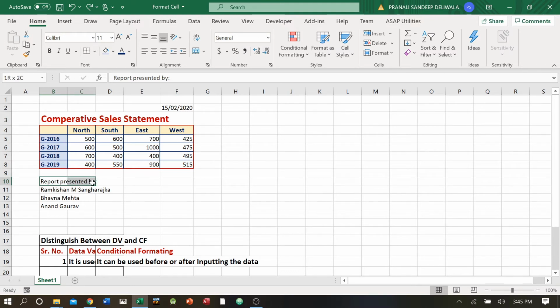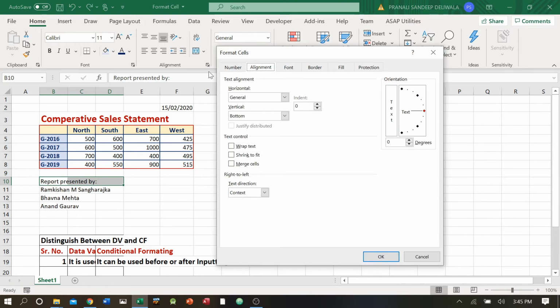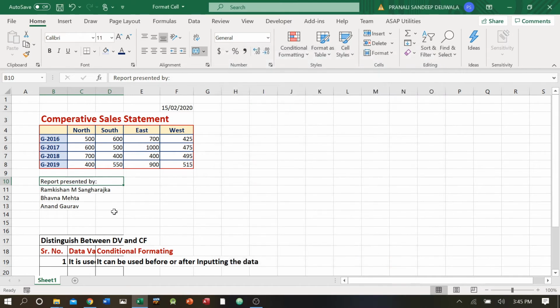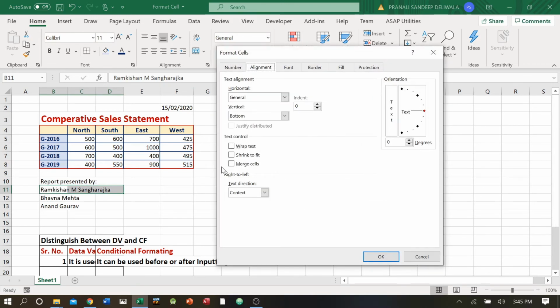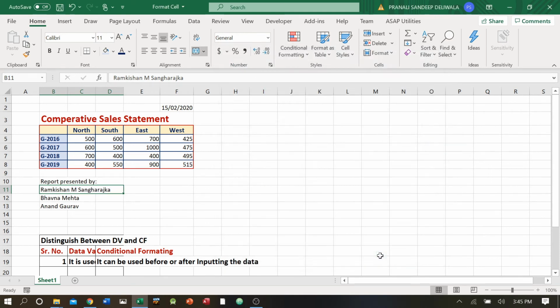I'll select all these three cells because I understand the total area covered is these cells. So I'll select the three cells, go inside, and I'll say, sorry, merge cells. I'll click merge cells, and I say okay. You can see this is now one single cell. They are not three cells. Similarly, I'll select this and I'll say merge cells. Okay. But you cannot do it like this.